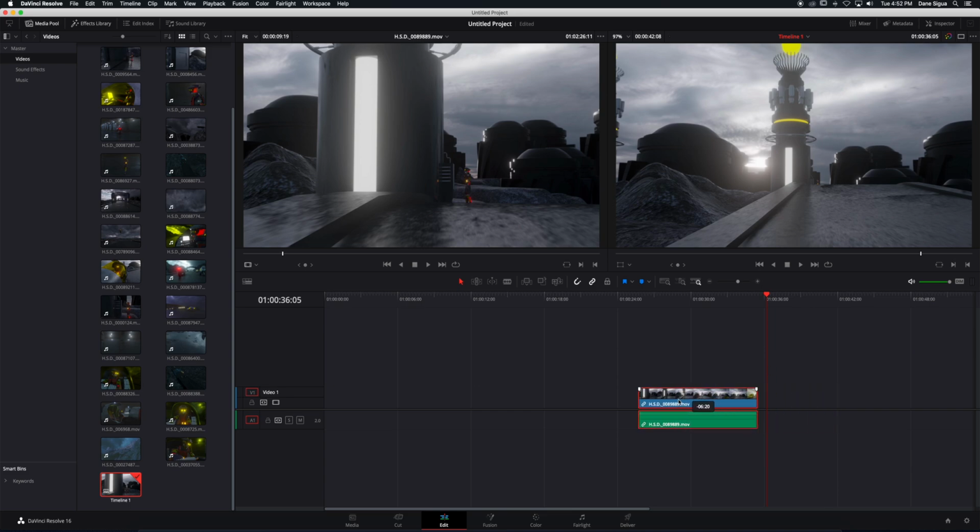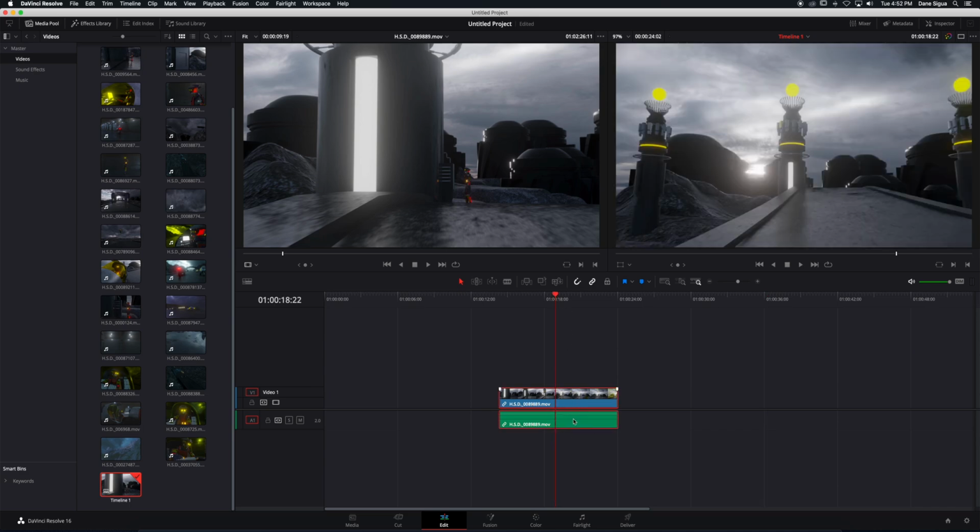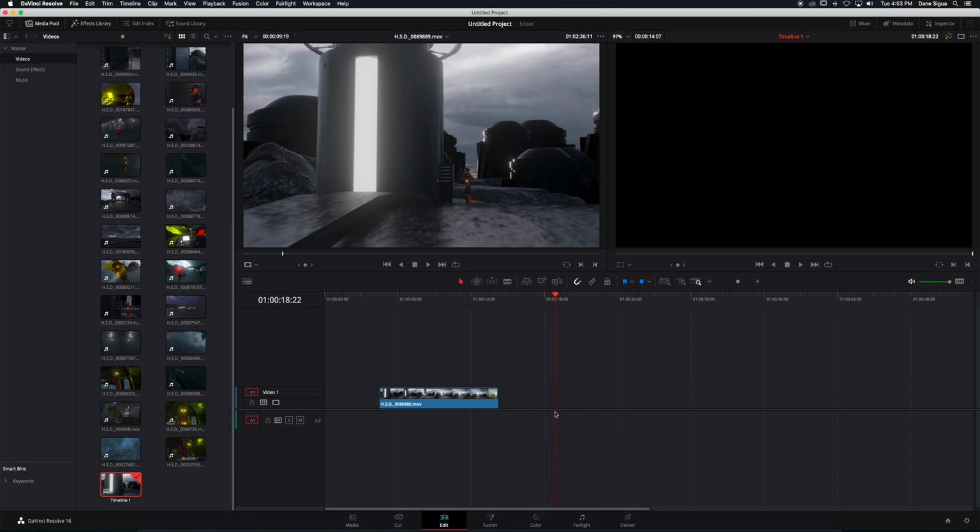The traditional way of getting rid of it is to first unchain the link. It looks like this chain icon right here, link selection. When I disengage this, it turns this light gray. I can then select just the audio by itself and press delete on the keyboard, and you get rid of it. That's kind of a long way of doing it, because you have to turn that back on to make sure that when you are actually editing later with the video and audio components, you're